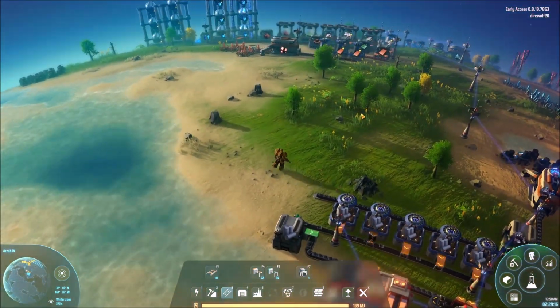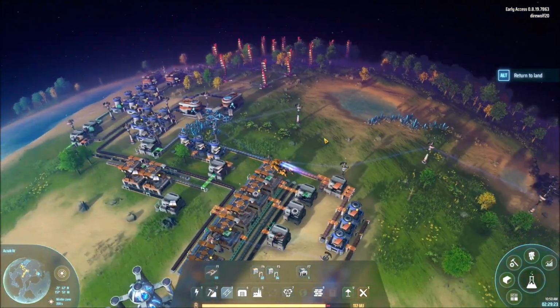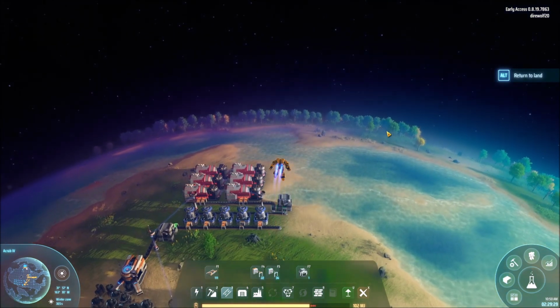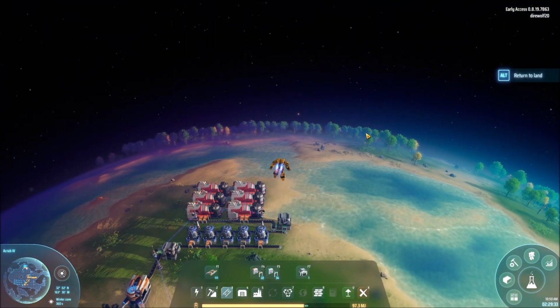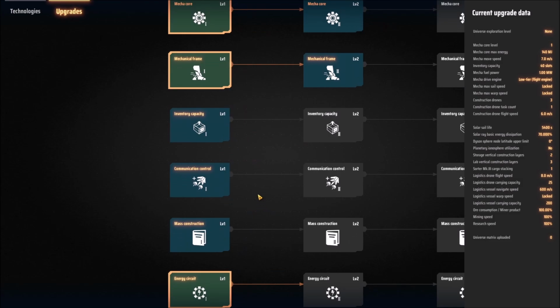And now that we've upgraded both our energy circuit and gotten better fuel, our flight mode ain't too shabby. Look at that. I mean, it's still draining quite a bit. When you're trying to go higher, it really drains. But it's not bad. It's not bad. Now, if we wanted to, we could also upgrade...